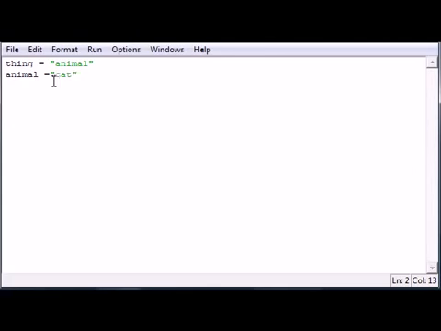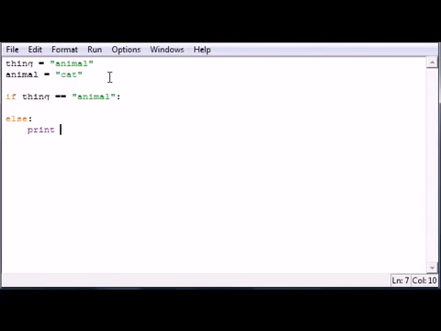There. Good. Now once we have two variables, doesn't really matter what, we can go ahead and make our if statements. So let's go ahead and put if thing is, remember when you're making if statements, you use two equal signs to test conditions. If thing equals animal colon, and then we're gonna have a block of code right there. And let's just make an else statement real quick. Else